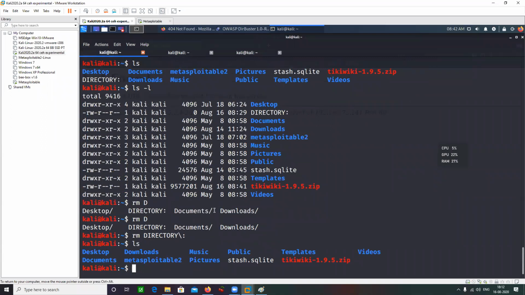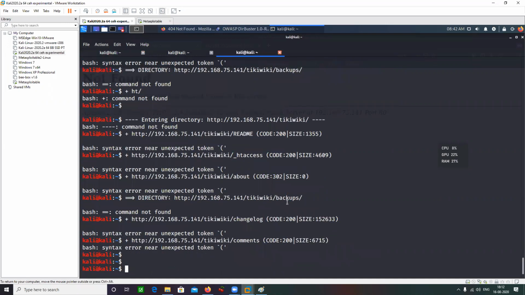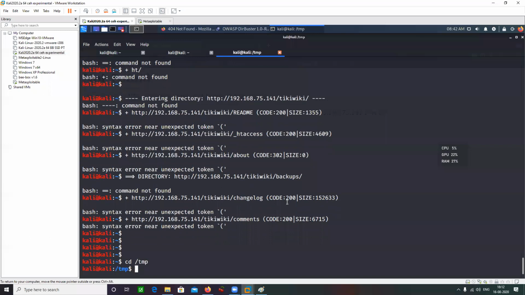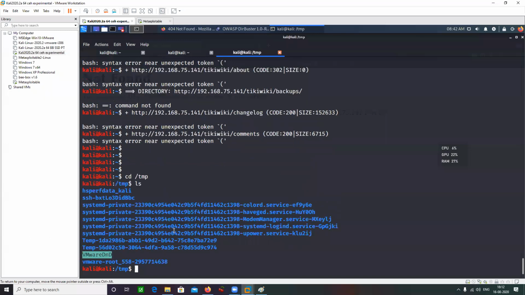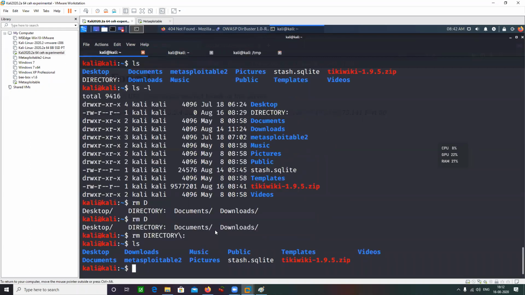So I have a zip file at my disposal. Let me just copy it to some other folder. Yeah, let's just move this one.